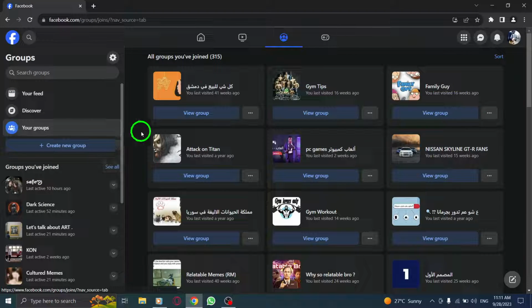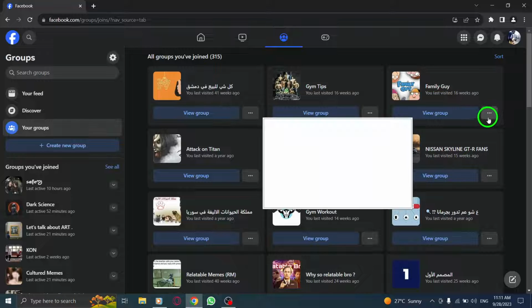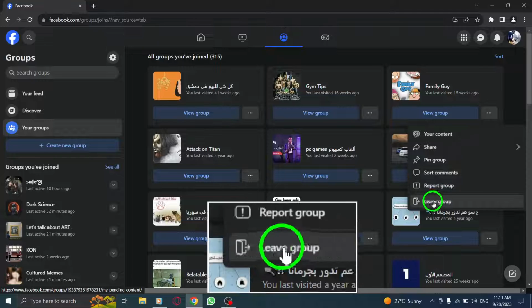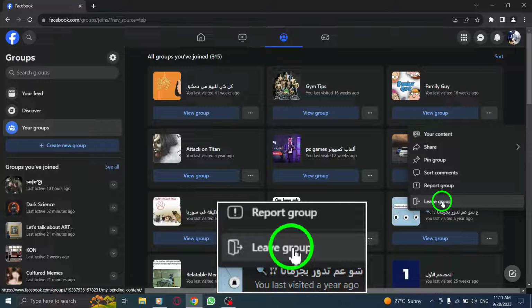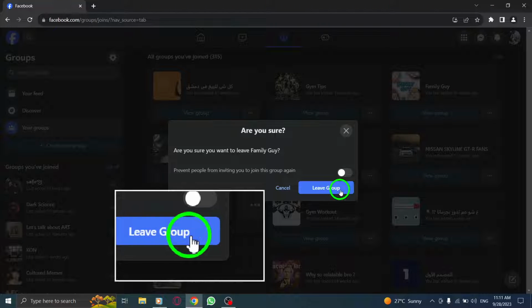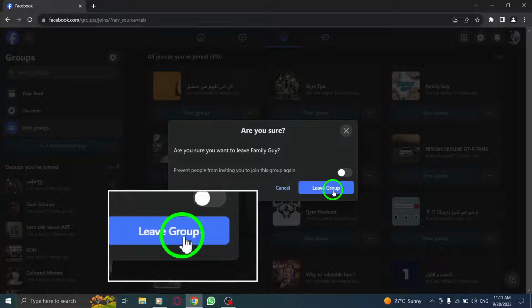Step 4. Locate the group you want to leave and click on the 3 dots on the pinned group. Step 5. Click on Leave Group. Step 6. Confirm your decision by pressing Leave Group again. Step 7. If you want to prevent people from inviting you to join the group again, simply toggle the switch